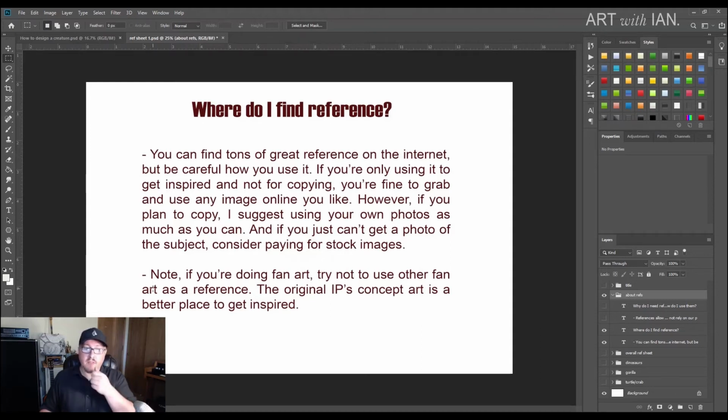And now if you're doing fan art, try not to use other fan art from other artists as your inspiration. Actually get the original IP's concept art and use that for your inspiration, because the fan art might look good and it might actually be really good, but you never know if the artist is maybe a junior artist, they're not a pro, where there might be subtle issues that